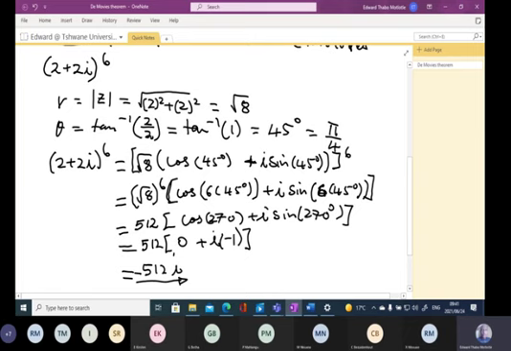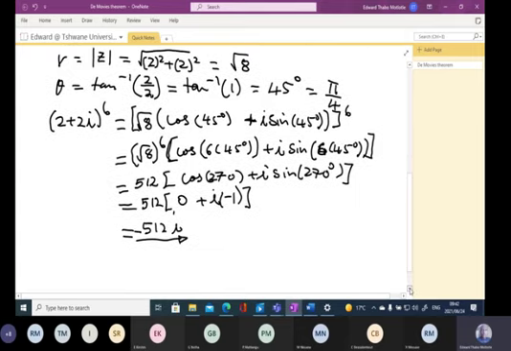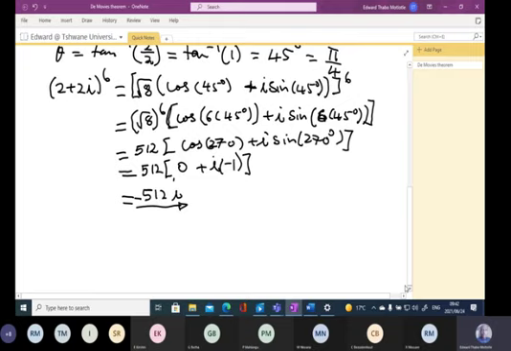Okay. So this is what you will follow all the time when you are looking for the power. Now, what comes to my mind again, I said De Moivre's theorem can also be used to extract